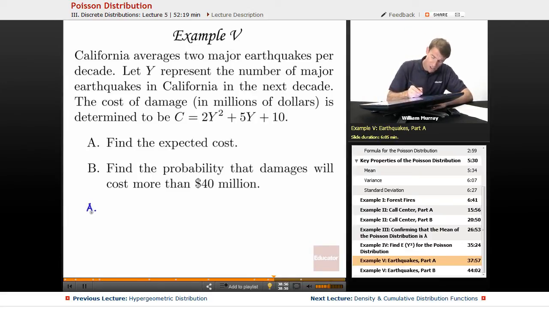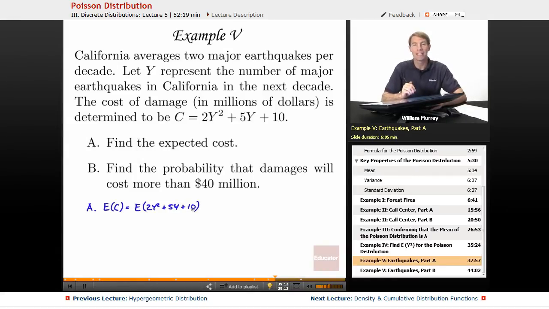The expected cost here, the expected value of the cost is the expected value. Well, we're given that the cost is 2y squared plus 5y plus 10. Now, what we're really going to use very, very heavily here is linearity of expectation. Expectation is always linear, so I can expand this out into